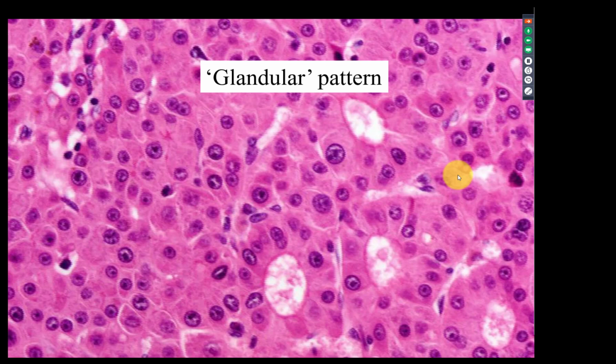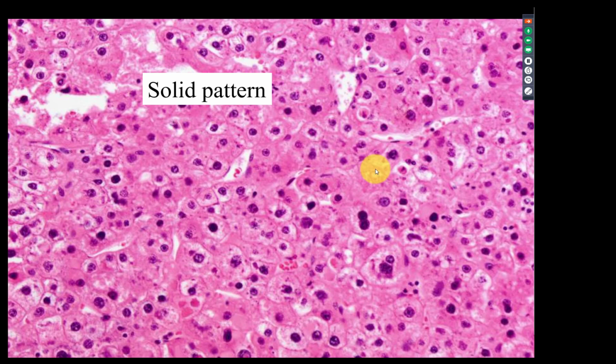But that's not the only pattern you see in HCC. Often you'll see this sort of glandular or pseudoglandular pattern, not to be mistaken for adenocarcinoma. These cells truly look like hepatocytes. And in fact, if you look at your HCCs, you'll tend to see a lot of heterogeneity even within the same tumor. And occasionally you'll see these very solid looking sheets of cells where you do not see that